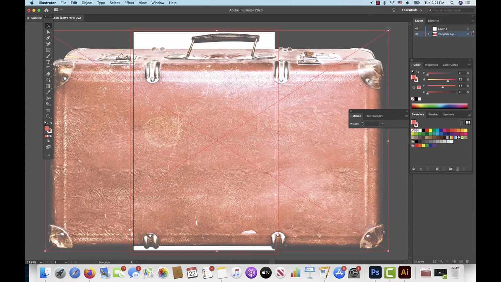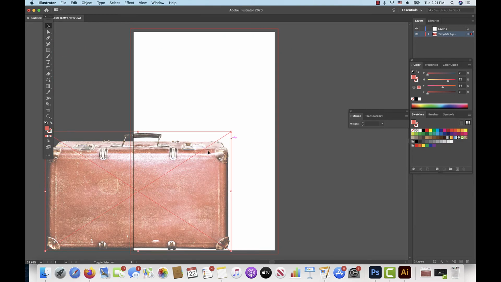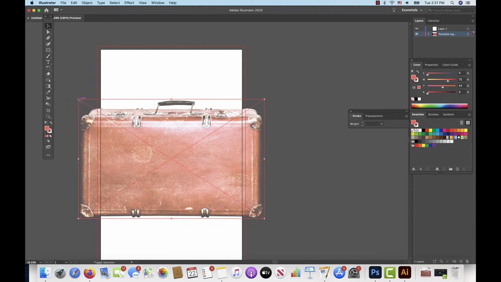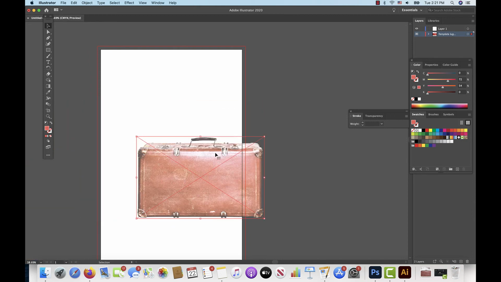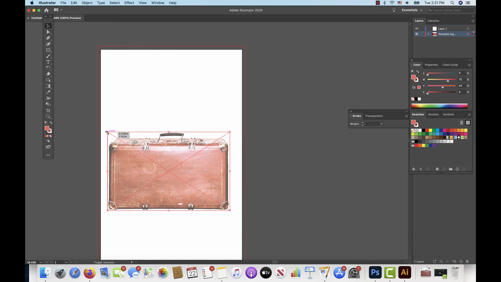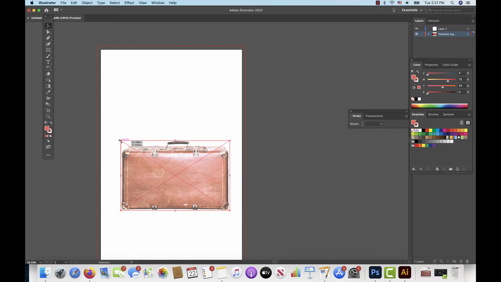I'm going to select this. This is basically a free transform box. I'm going to hold down the shift key and scale it down. Okay. All right. So you can use photographic images in your poster work. You don't have to